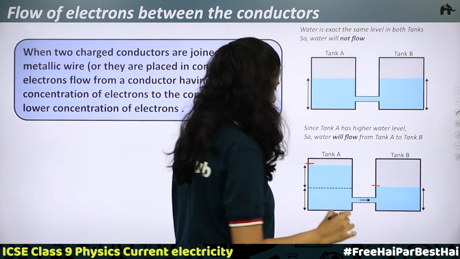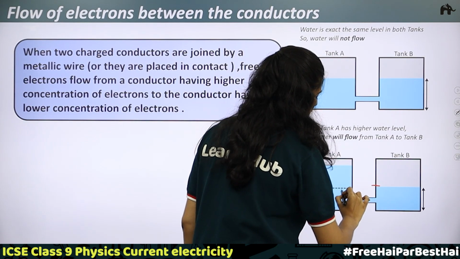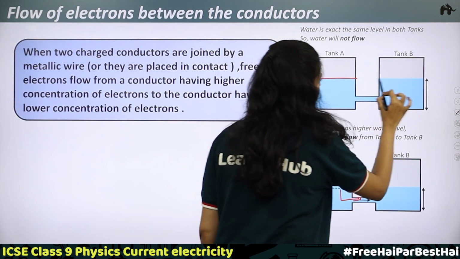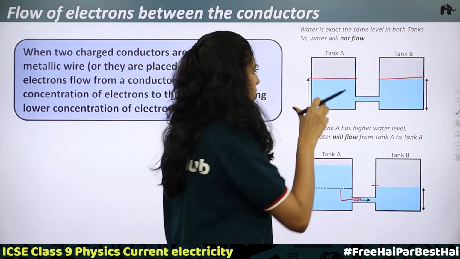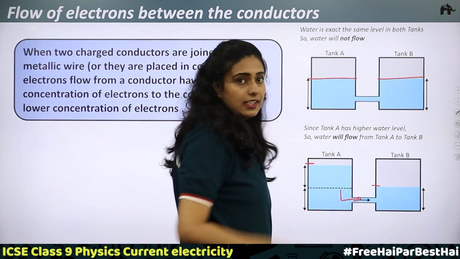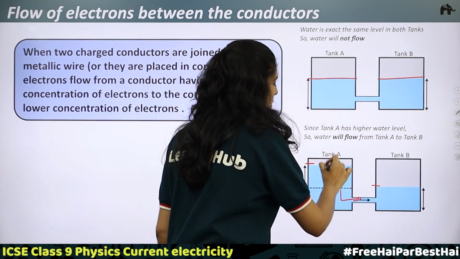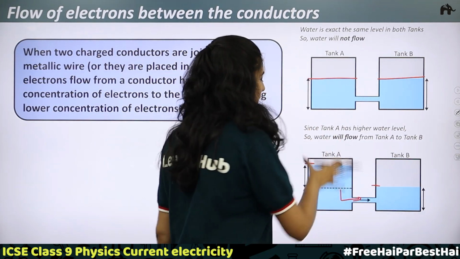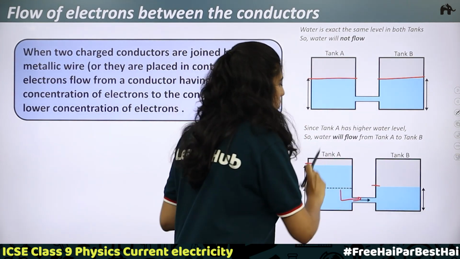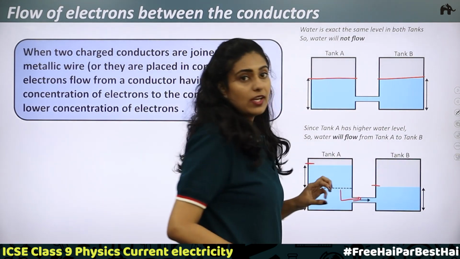Here what happens is the water will start flowing from tank A to tank B until they reach equal levels. That is, the water level in tank A and tank B becomes equal. Until then the water will keep flowing from A to B, because here you can see in A the water is more. So where the water is more, from there it will move to the place where the water is